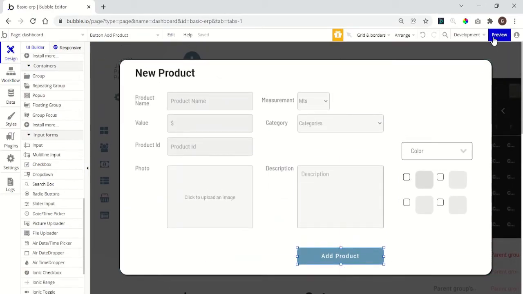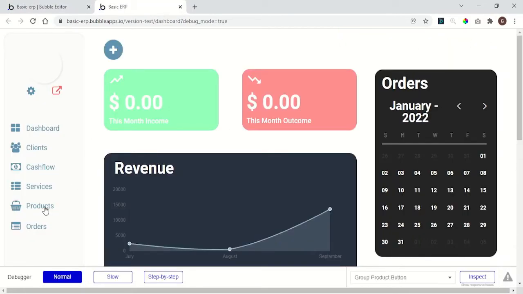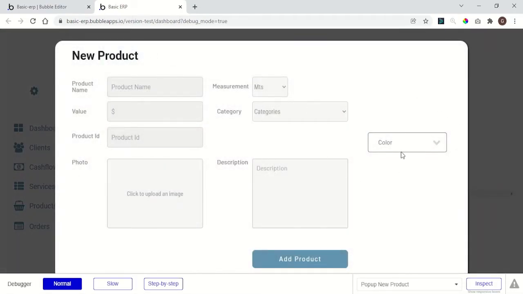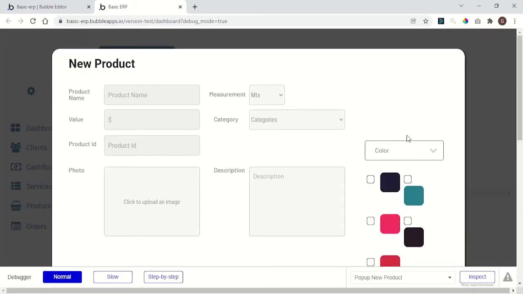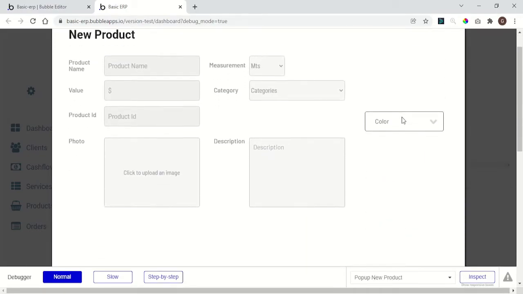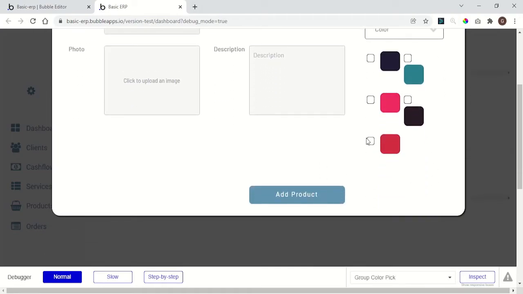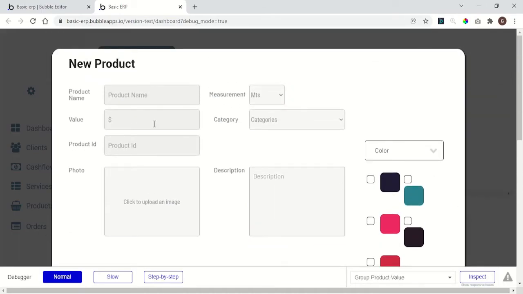Can go now to preview. Here in product, you can add a product. When we click here in our color drop down, it shows all the colors we manually added. Okay, so let's say we have